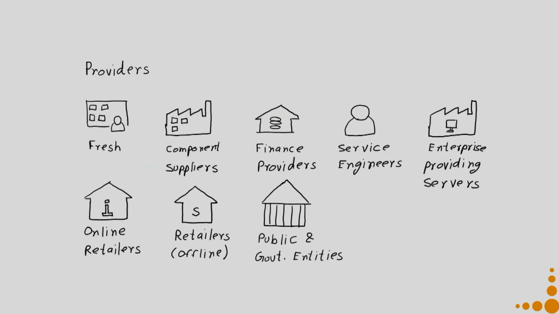So, say for example, this is the kind of list of actors that I identified for Fresh as the providers. The first one is Fresh itself. This is my icon for a private company, and below that I write the icon text, which is Fresh. It will have some component suppliers. In case this is an important component, I can classify them into 2 or 3 different component suppliers, or I can put them in one particular category. It depends on the importance of that particular stakeholder.